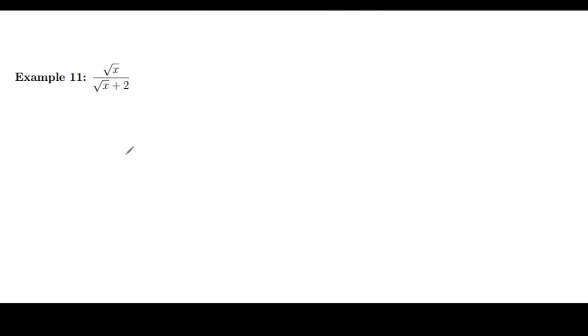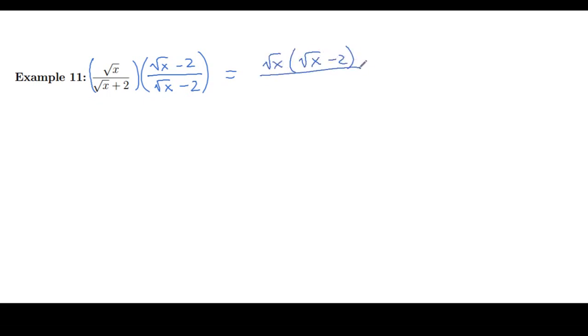All right, so this one, we will do the same trick. We have a root in the bottom, right? We want to rationalize this. So we're going to multiply this whole thing by 1, and we're going to take the conjugate at the bottom, which is root x minus 2. So if I'm multiplying by 1, I have to put the same thing in the numerator, and then now we'll multiply. So this will be root x minus 2, and then the denominator will be root x plus 2 times root x minus 2, and the top will distribute: root x times root x is x, root x times minus 2 is minus 2 root